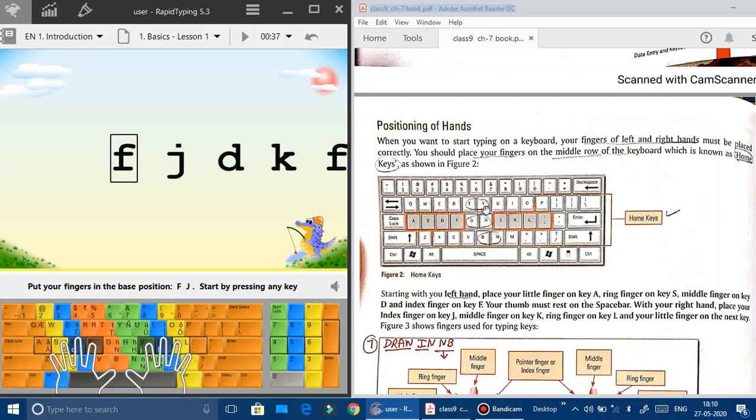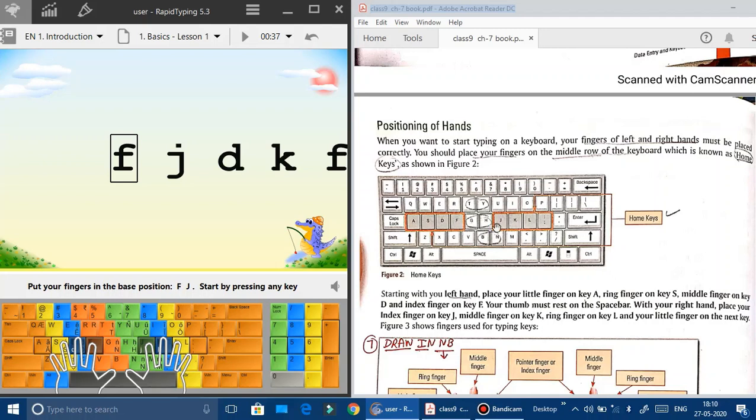Never put your index finger on these. Your index finger should be on the left of T and on the right of Y. Okay, here on the left of G and here on the right of H. Okay, you must remember TY, GH, and BN. Never put your index finger on them. We will be using the index finger to type these keys only, but we will not rest our index fingers on these particular keys.